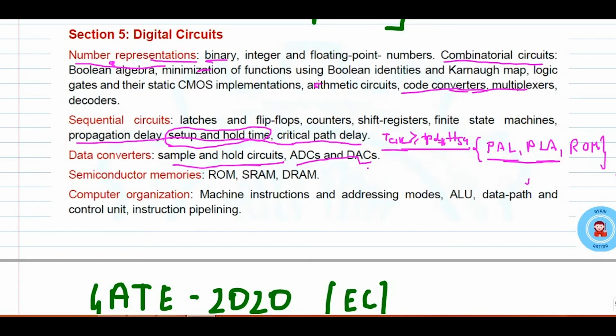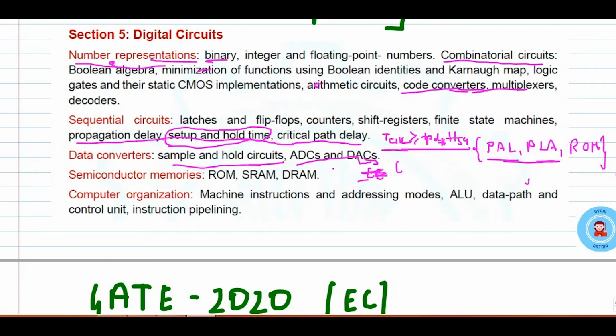See, in the last few years, if you go through the questions that have turned up in digital electronics, you won't find questions on ADCs and DACs for EC people. Now for EE and IN, this topic was important, is important, and will be important. But for EC people, I didn't see a lot of questions on ADC and DAC. Still, they have continued with that part.